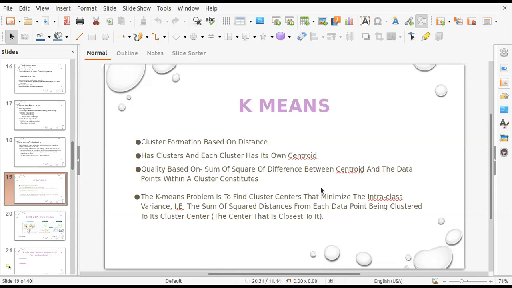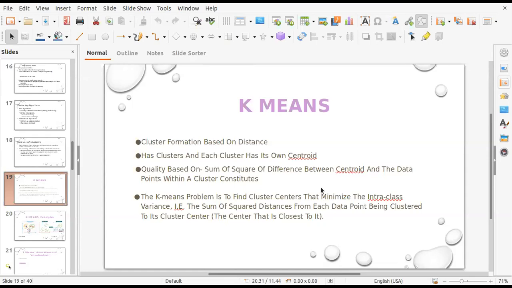If this distance is more, then probably there is a possibility that you haven't formed the groups appropriately. Okay, so maybe you can take the summation of the distances, sum of distances of the points which belong to a particular group from the centroid of that group. Okay, so that can be taken as one of the important prime criteria to decide the quality of the clusters.